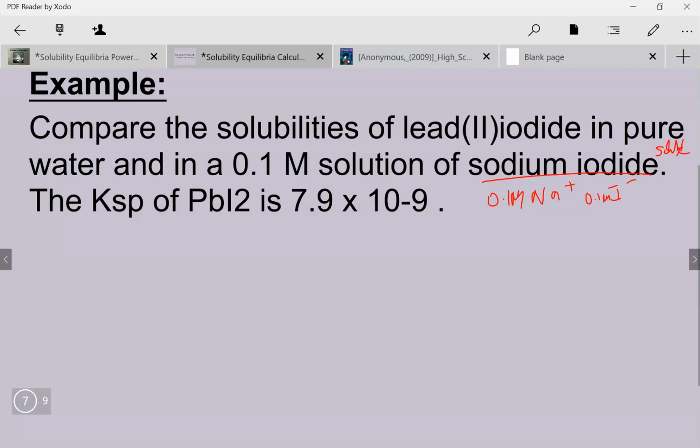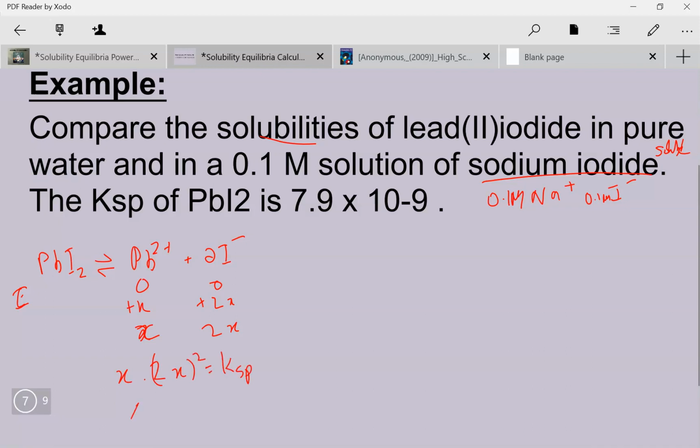So now, lead iodide in pure water, we can find the solubility. We can set this equation up so that it looks like lead iodide, lead 2+ and 2 I-. The initial concentrations are 0 and 0, plus x and plus 2x, so at equilibrium x and 2x. And then I get x times 2x, the whole squared, equals KSP. So 4x cubed equals 7.9 times 10 to the power negative 9. And therefore my x is 7.9 times 10 to the power negative 9 divided by 4,